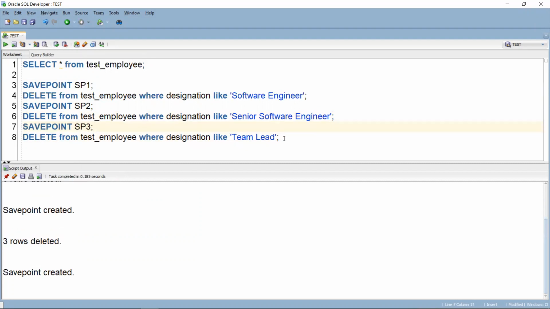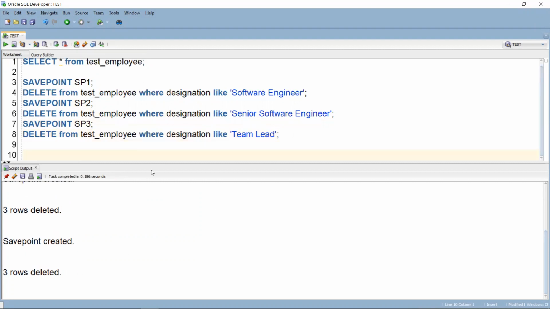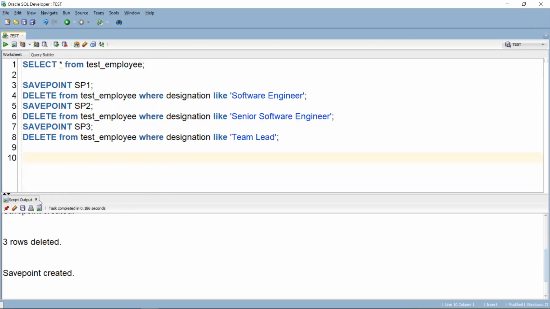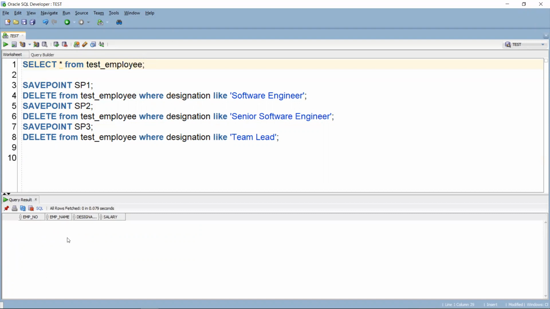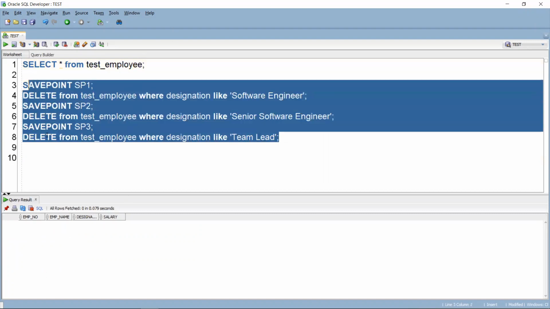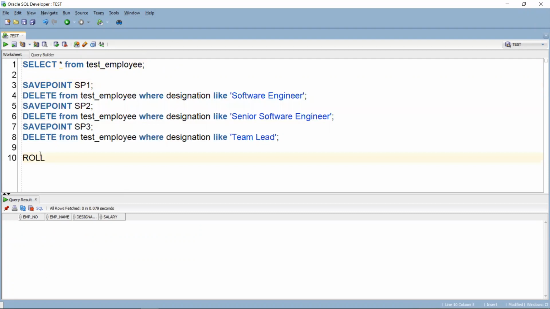Then I delete the records for team lead. Now let's run select star from test_employee. I don't see any data because we deleted all the records, right?